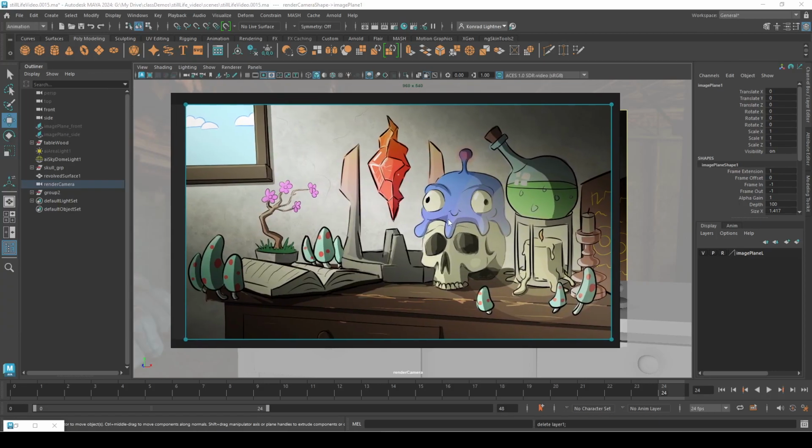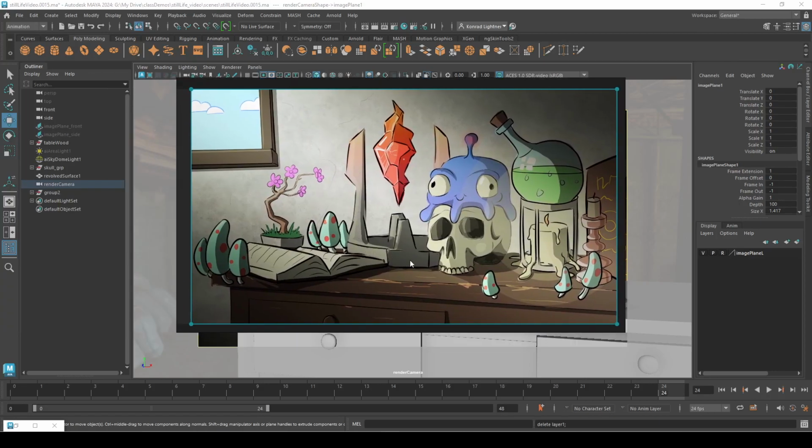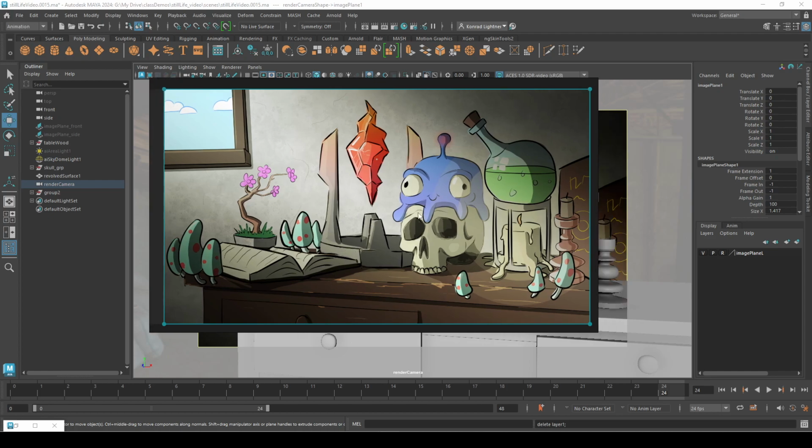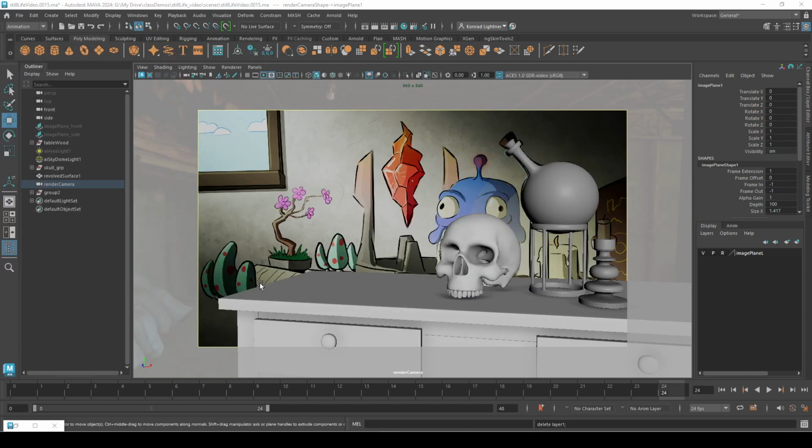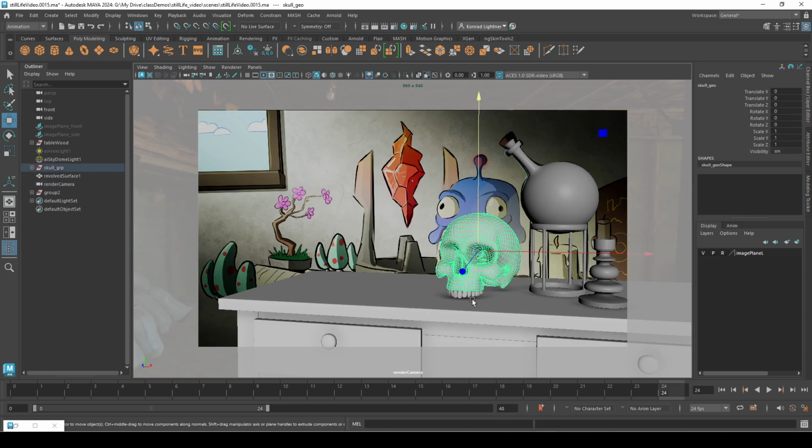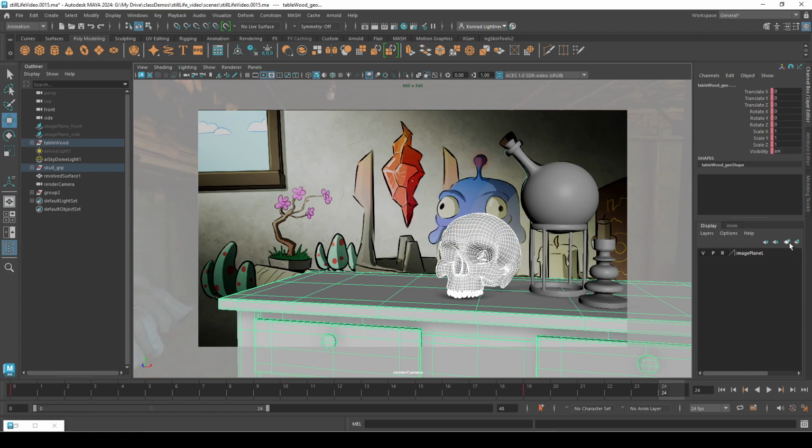Hello, in this video I'm going to go over how to make this kind of thing, and we're modeling from an image plane. So whenever you're modeling, sometimes parts of your model are getting in the way of your other parts. So what we can do is hide them by hitting Control H, or you can create